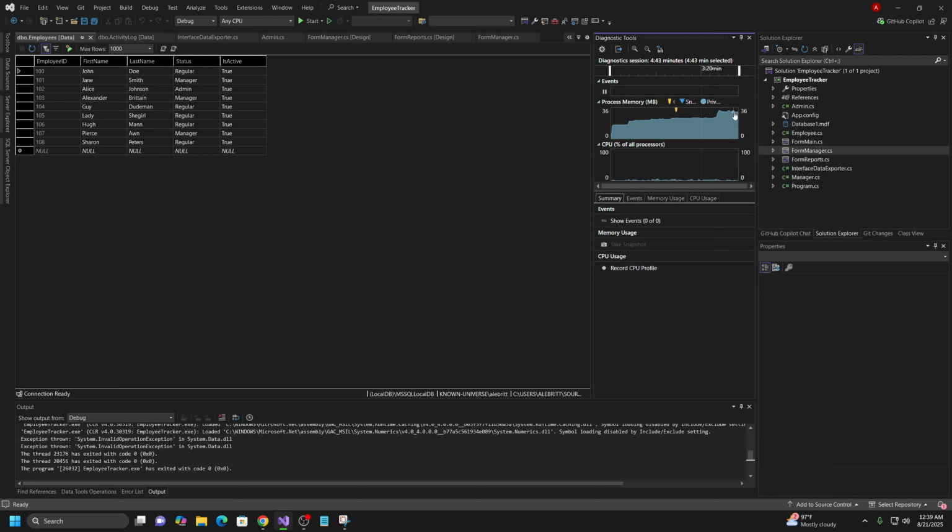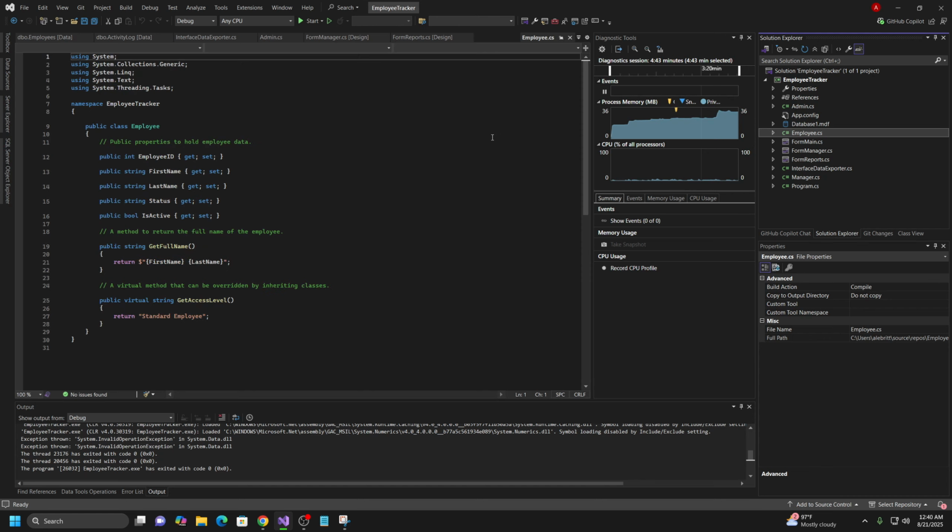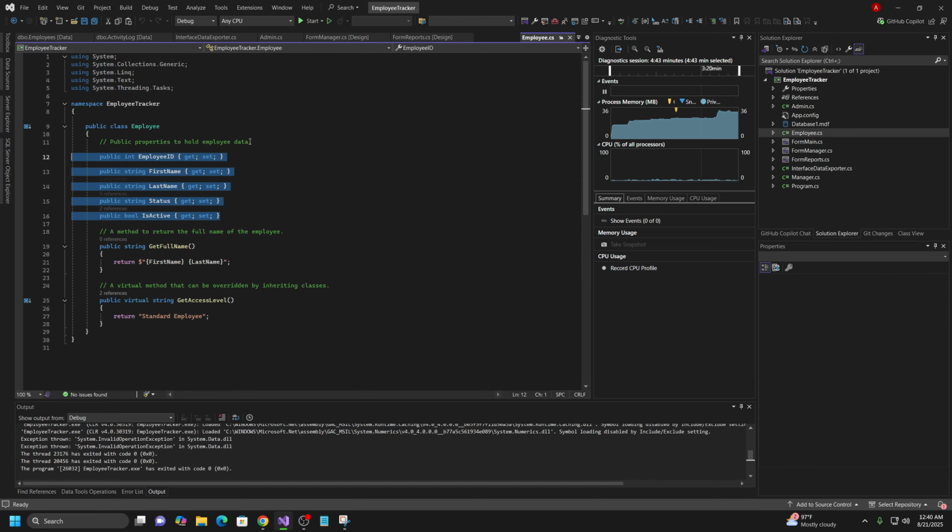So when we start trying to save and to export and all that, that's when the performance really jumps up. Everything before that's not too bad. The code itself, we've got 3 classes. Employee, very straightforward. The properties match the columns in the database, so the class is basically like a structure for